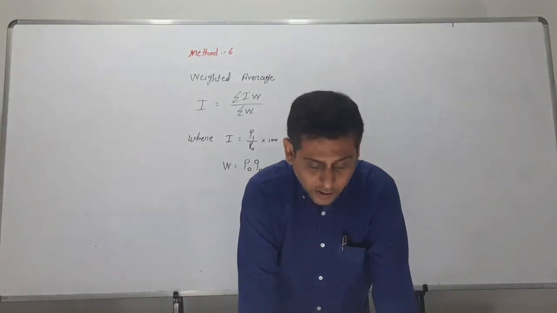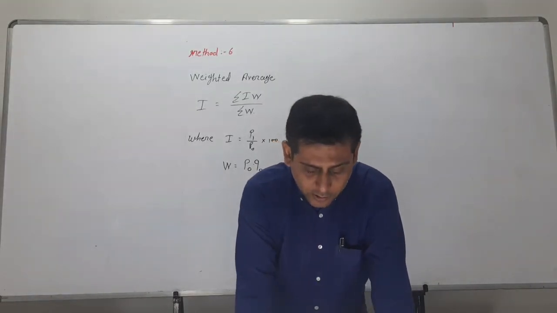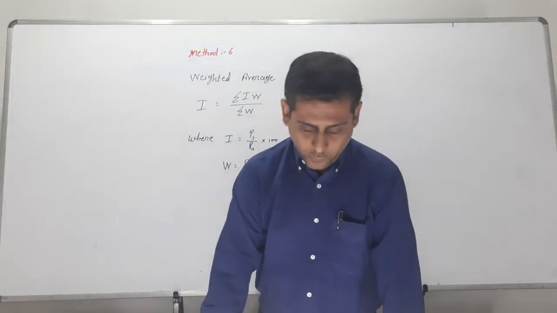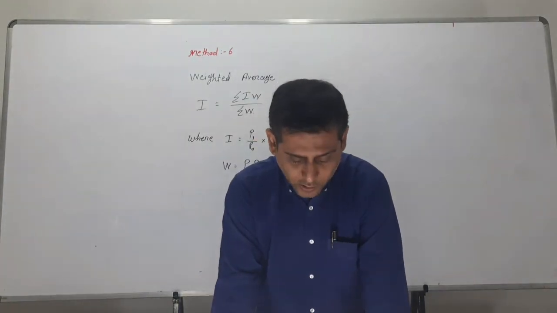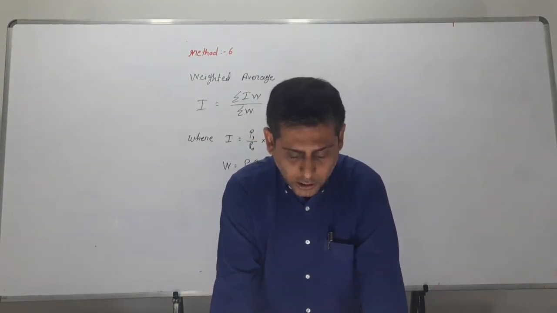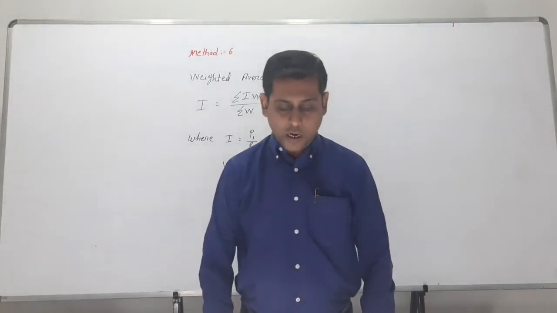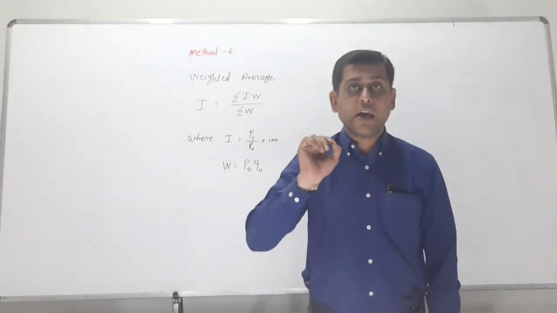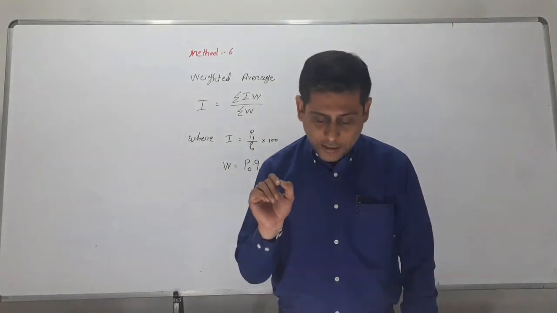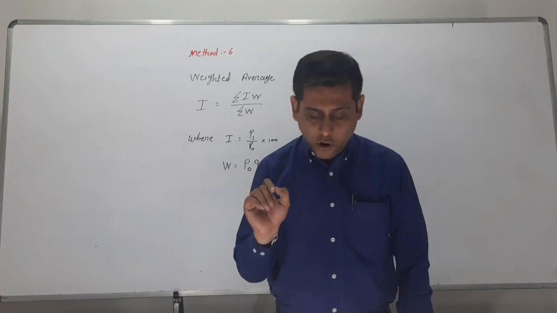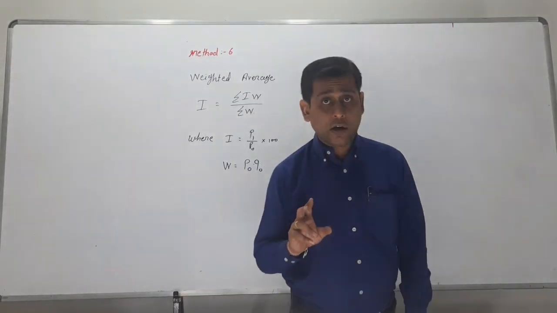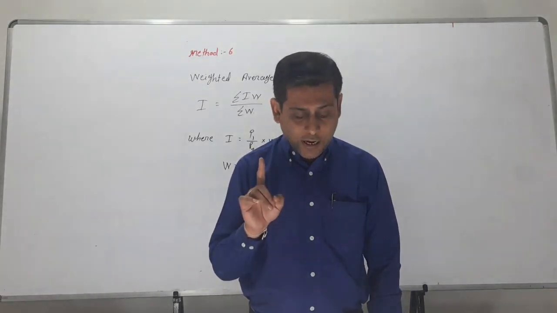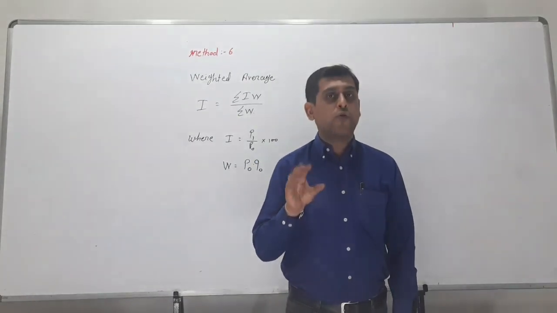First of all, we continue with this particular method. The sum of that method is illustration number 11. I am reading the first question. Find the index number for the year 2016 with the base year 2011 by the weighted average method. Underline that, weighted average method, from the following data of the price and weight of 5 different items. See here, specifically the weight is given: 40, 25, 5, 20 and 10 for 5 items.